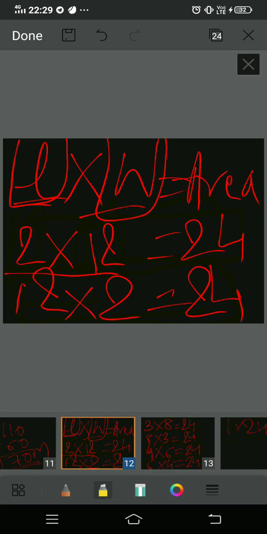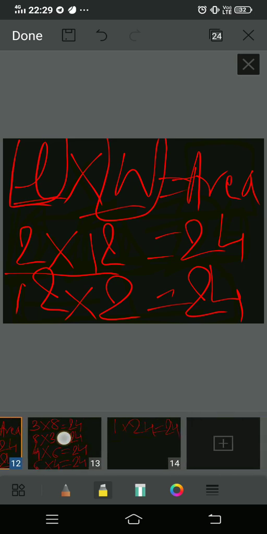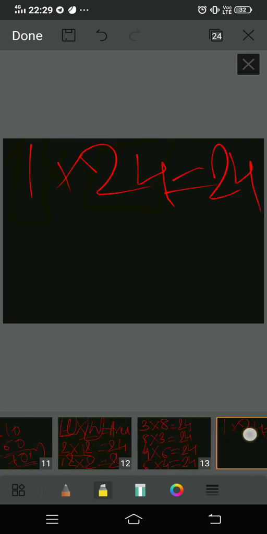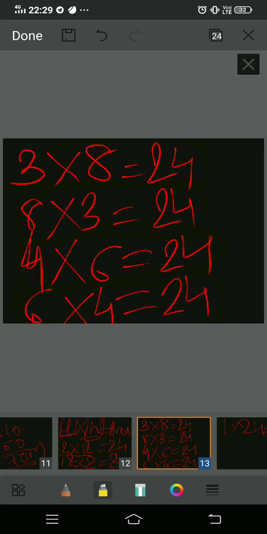When we multiply length into width, we get area of rectangle, है ना. So we need two sides, any two numbers जिसका multiplication करोगे तो वो area निकल के आएगा. area क्या आना चाहिए आपका? 24 आना चाहिए. So आपको ऐसे दो numbers choose करने हैं जिसको आप multiply करोगे तो आपको 24 आता है. So we have done that 2, 12. So आप choose कर सकते हो इनमें से कोई भी number. Okay, 1 and 24 you can choose. Next 12 and 2 you can choose, 3 and 8 you can choose, 4 and 6 you can use. Okay, so that is how you need to find the sides.